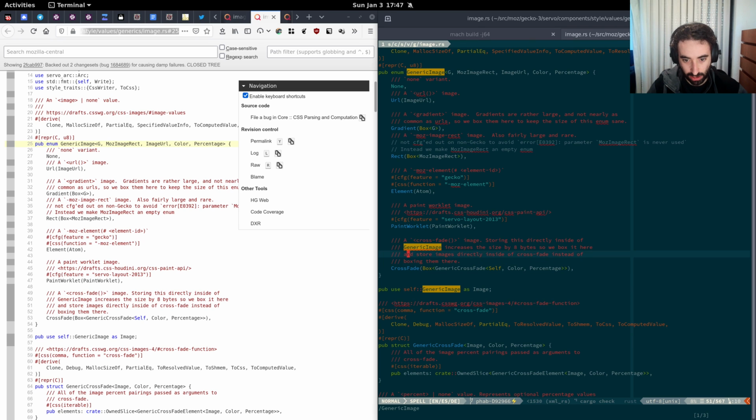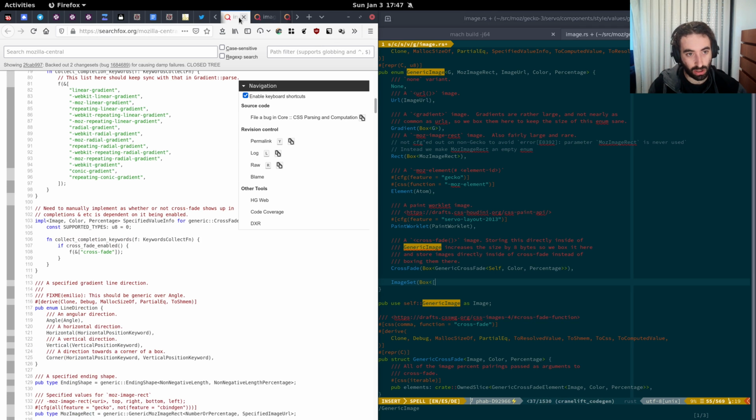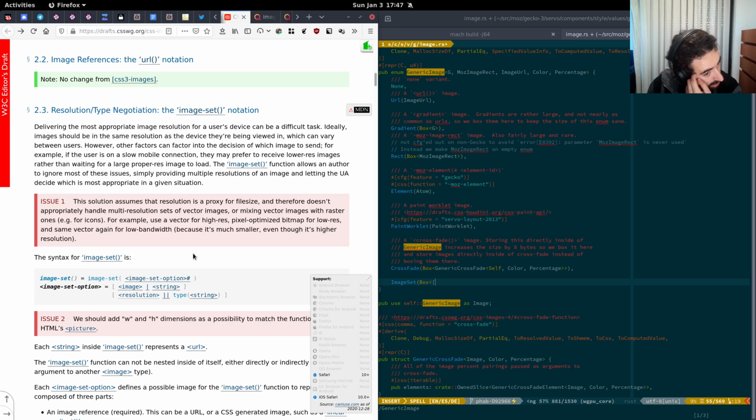And let's implement image-set, which is basically a list of image-set items, which is going to be an image, or let's go to the spec. So it's going to be an image. The string we're just going to convert to a URL directly. So we need to store the image and the resolution and type, right? So it's going to be an array of